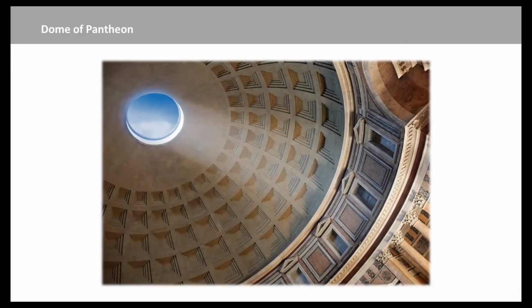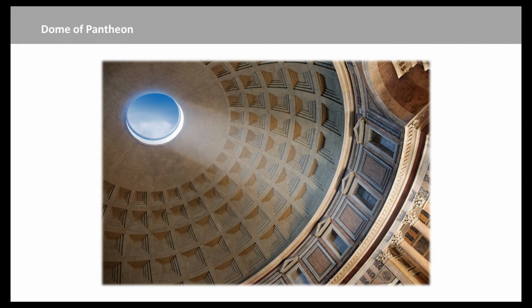What is very innovative about it is that once you go into the building, you see that this is all about an extraordinary interior space that is shaped by light, that is shaped by genius, essentially. In fact, the dome of the Pantheon, which would not have been possible without concrete construction.